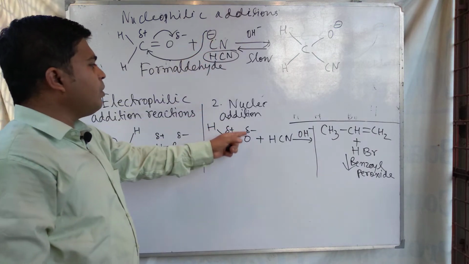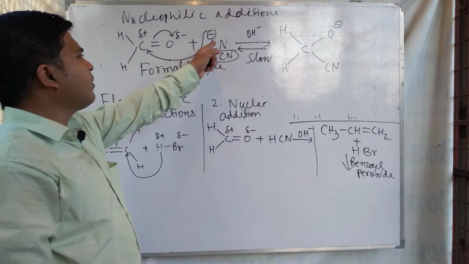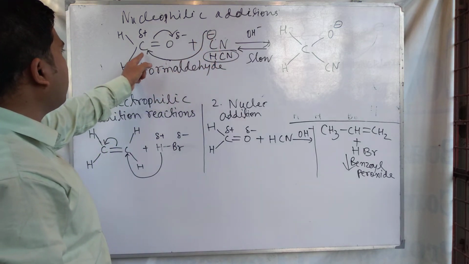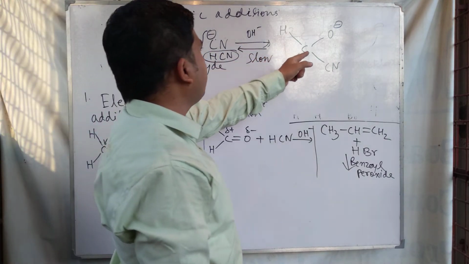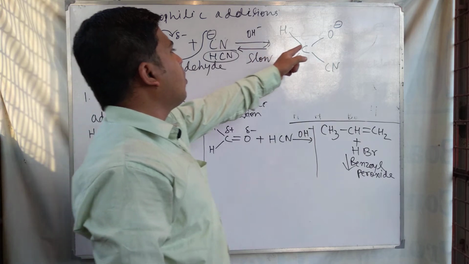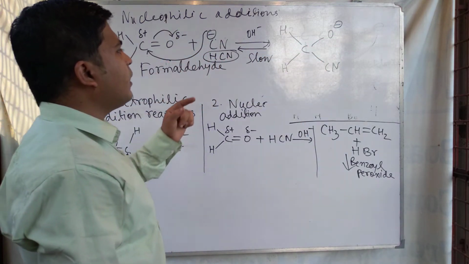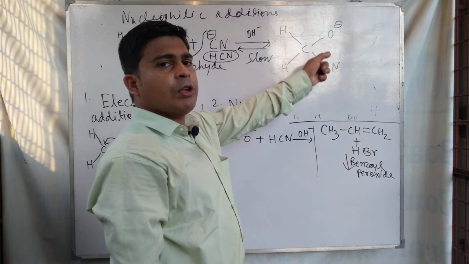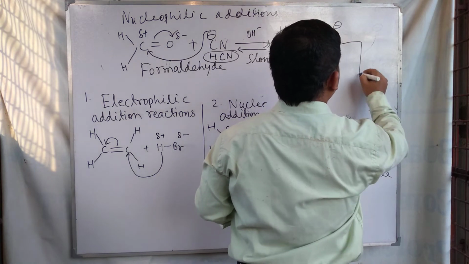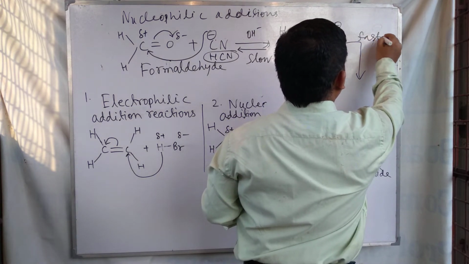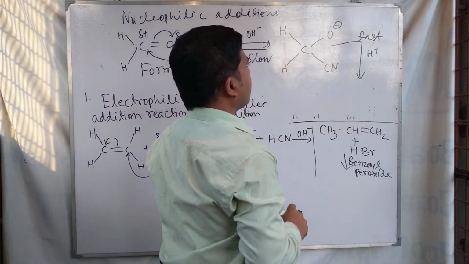The first step starts with the nucleophile CN minus. Here CN minus is a nucleophile. It attacks the carbonyl carbon and an anion is formed. Here the C=O opens up, meaning O minus is formed, and an anion is formed. This alkoxide anion is formed, and then from this anion there is a first addition of H plus to this O